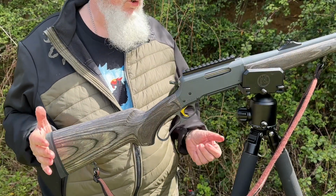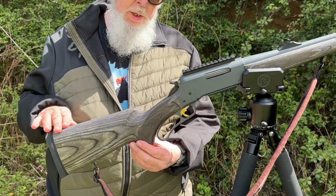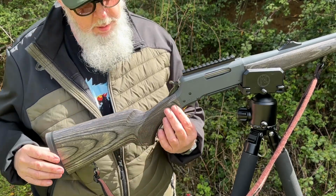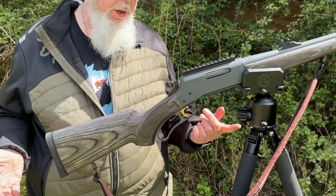The rifle comes with grey laminate furniture. I quite like it. It has a medium height straight comb, quite a full pistol grip, nicely checkered, QD sling studs,